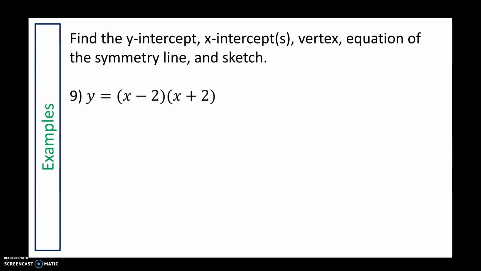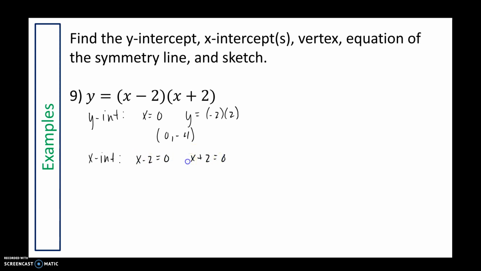Okay, exact same directions: intercepts, vertex, equation, sketch. All right, my y-intercept occurs when x is equal to 0. So I get -2 times +2. So I have the point (0, -4) as my y-intercept. My x-intercepts, it's in factored form, so I automatically can just set my two factors equal to 0. So I get positive 2 and negative 2 as my x-intercepts. Okay, and if I were to write those as ordered pairs,